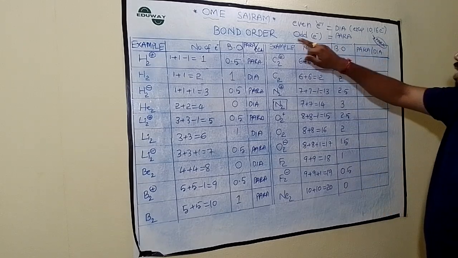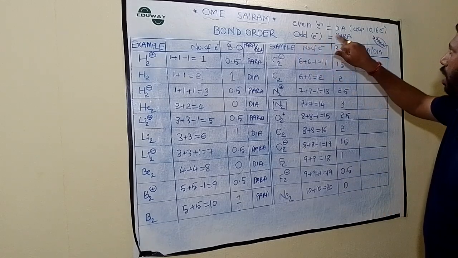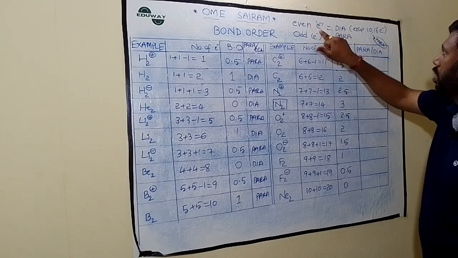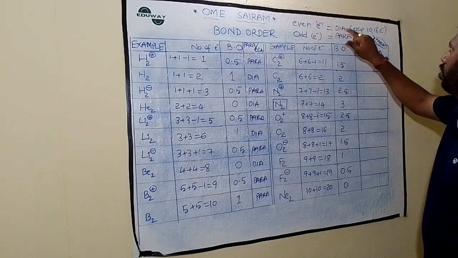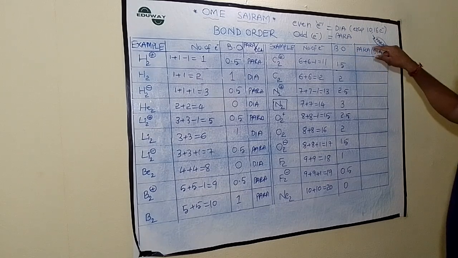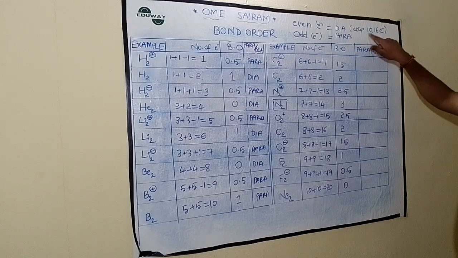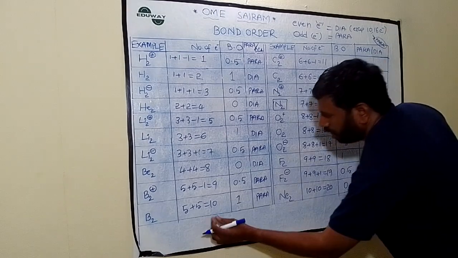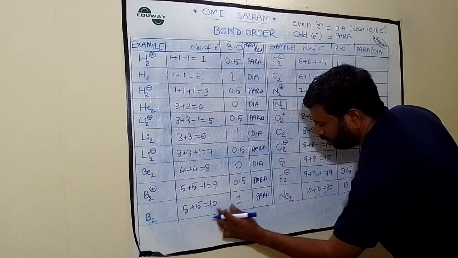So odd number of electrons: paramagnetic due to presence of unpaired electrons. Even number of electrons always show diamagnetic because no unpaired electrons. But the species which contain 10 electrons and 16 electrons show paramagnetic due to presence of unpaired electrons. So boron contains unpaired electrons,